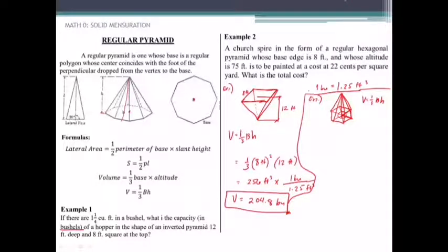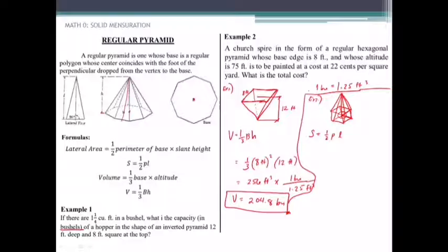So again, we will get not the volume, but the lateral area. So the lateral area S is given by the formula 1/2 perimeter times the slant height. So to get the perimeter,